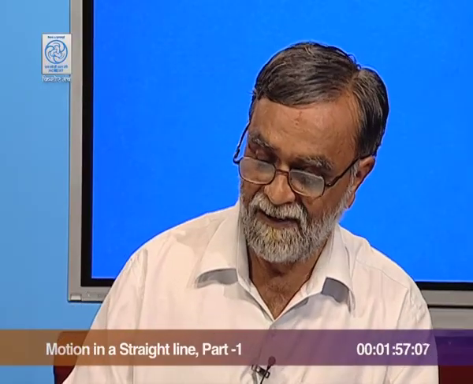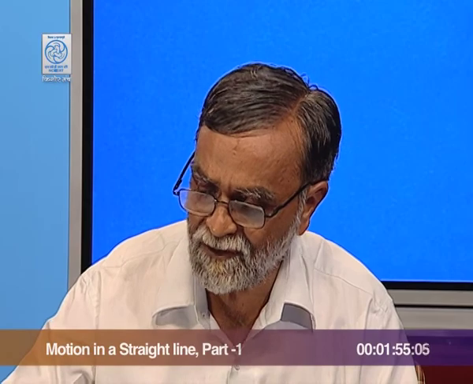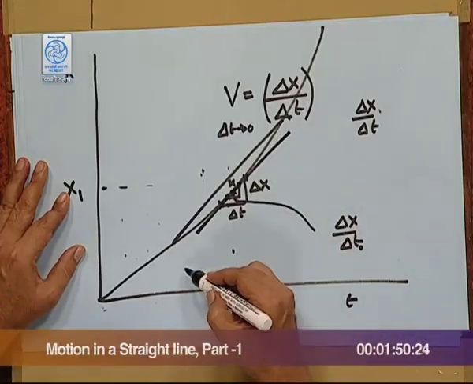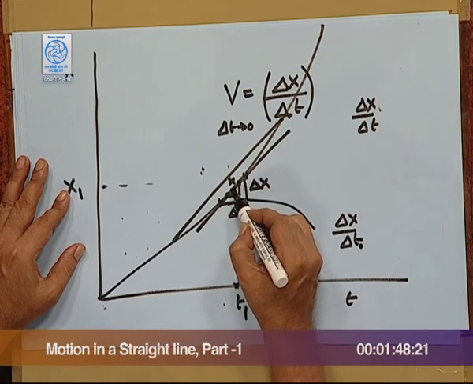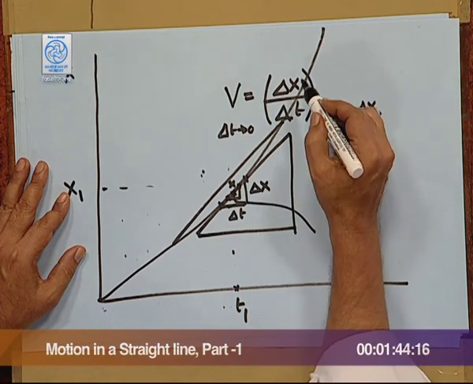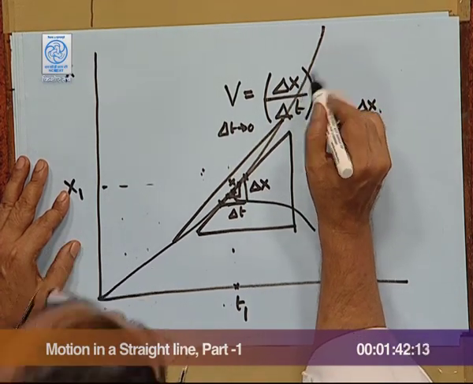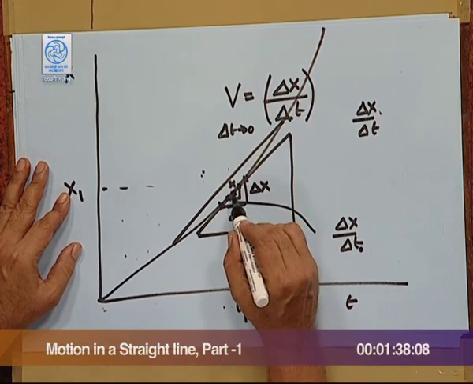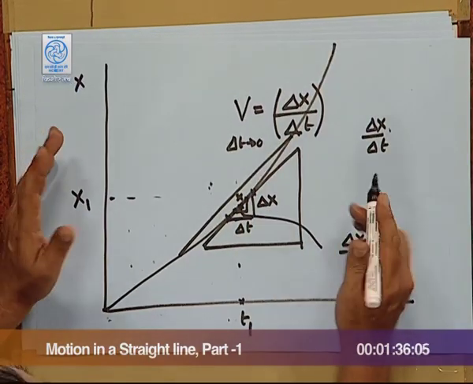In the graph, if this is the slope, then you make the interval smaller and smaller, then you draw a line and it becomes a tangent, and the slope of the tangent is what we mean by instantaneous velocity. It is the slope of a tangent drawn to the curve at point P,